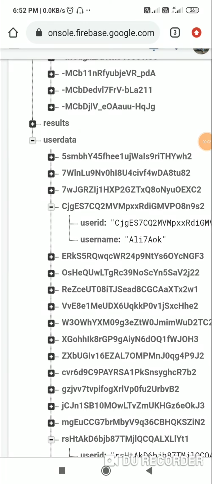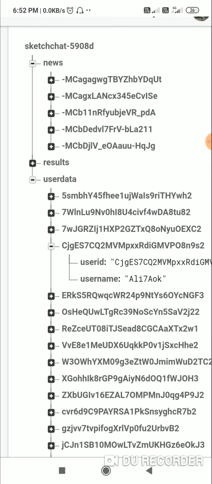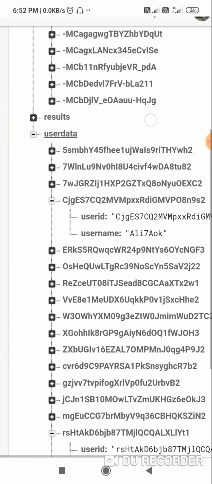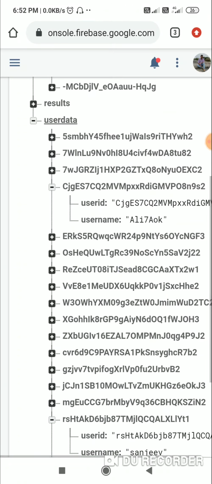Hello friends, here I will show you how to get selective data from Firebase. So here in this project I have a data location called user data, which stores the data about all the users by using their UIDs as key. Now if suppose I have to get